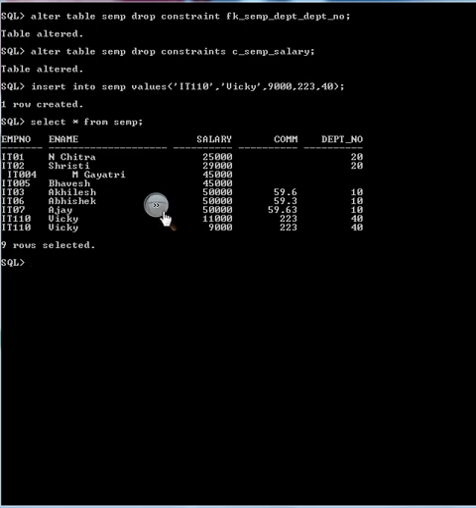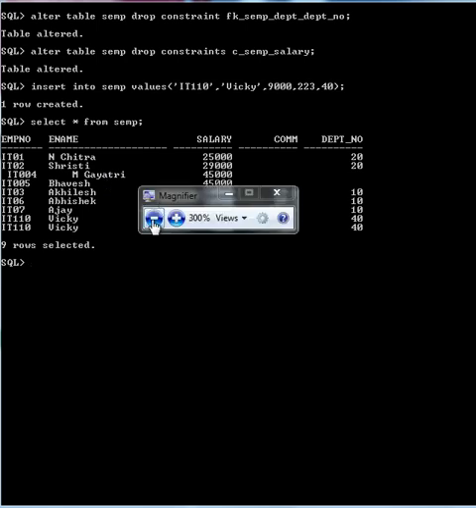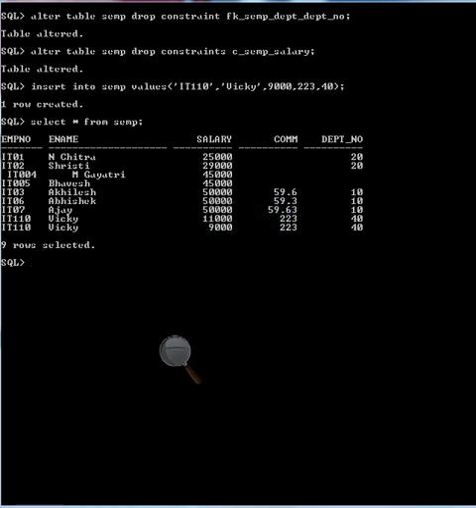Now let's see the default constraint. Okay, how to apply the default constraint? Basically, the default constraint is used where we want to fill some default value. If the user gives no value, there should be some default value. Okay, so let's see how to use the default constraint.